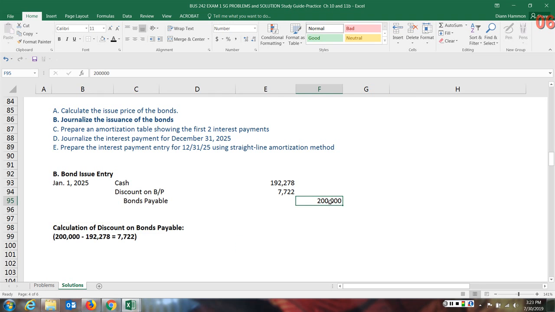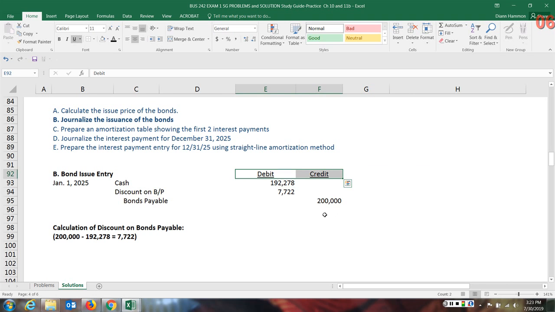In this case, we already know this is less than the face amount, so this is going to be a discount on the bond payable. A discount needs to be recorded over on the debit side of the journal entry. So all of this works out just like we expect it to, and the difference is the amount that we had calculated to be